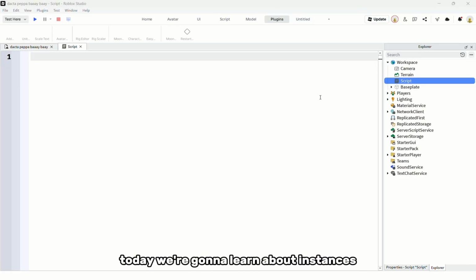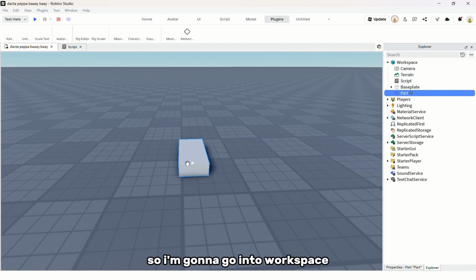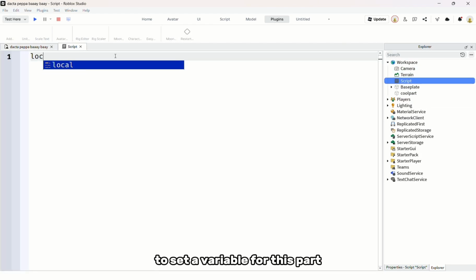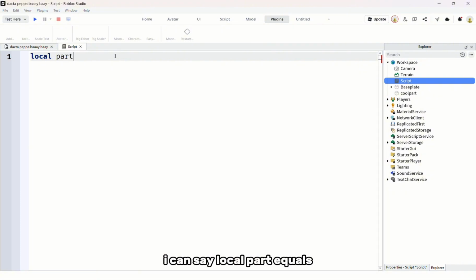Today we're going to learn about instances. So I'm going to go into Workspace and create this part, and I'm going to name it coolPart. To set a variable for this part, I can say local part equals, and then I can do